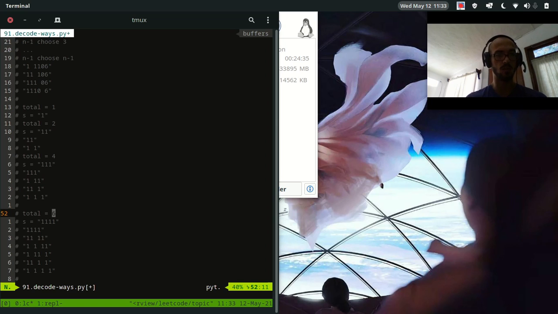Oh, look, so for 3, we ask ourselves, how can we place an additional 1 here? Wait, oh, this is invalid, hold on. 1, 1, 1, 1, that's not valid. And 1, 1, 1, that's not valid, okay. So if we look at the examples for 3, and we ask ourselves, how would we place